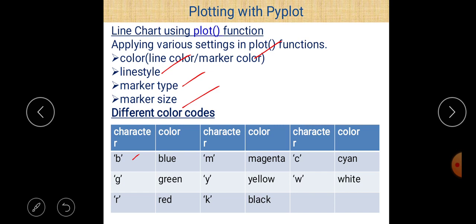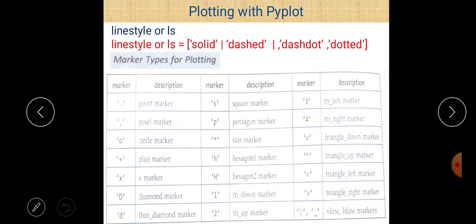And first of all, just try to remember all these characters because these are the shortcuts of these color names. So if you want to color a line, then you can use any color out of them. But if you forget the character name for that color, you can just use the full color name. So there are two possibilities: just write the full name of that color, or you can just write a single character for that color.